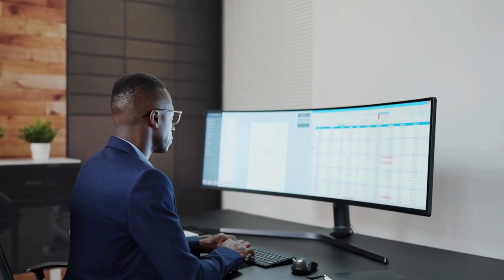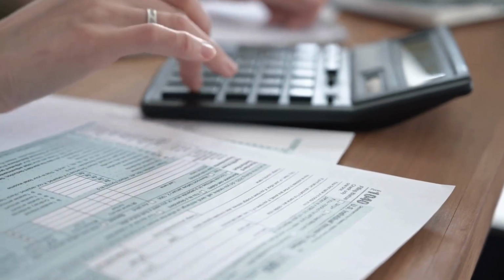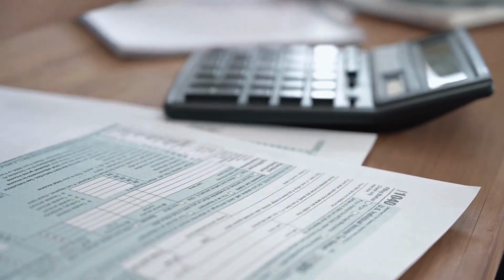I had a month where I completely forgot about billing one client, but thanks to QuickBooks, they got the invoice, paid it, and I didn't even realize until I checked my balance and saw the money already in my account. That's when I realized I wasn't just using a feature, I was reliant on it and depending on it.